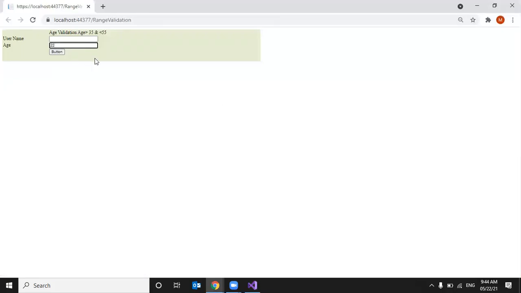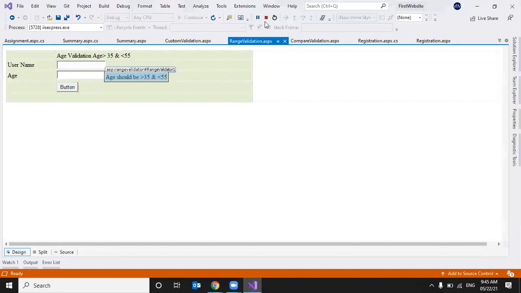I'm entering 22. So the age should be this. I'm entering 88. Age should be less than 55. So I'm entering 56. Still the message is there. Even I'm entering 55, so it is gone. Entering 54, it is valid. Entering 33, it is not valid. Entering 35, it is valid. Okay, so this is about range validator.